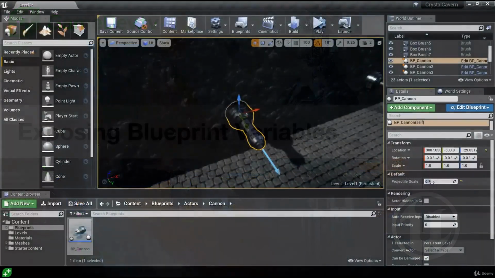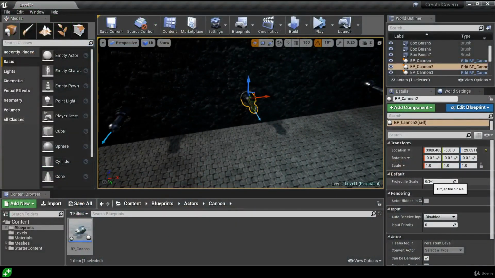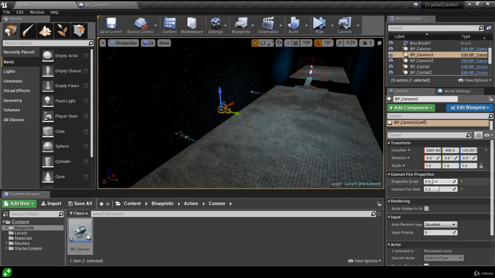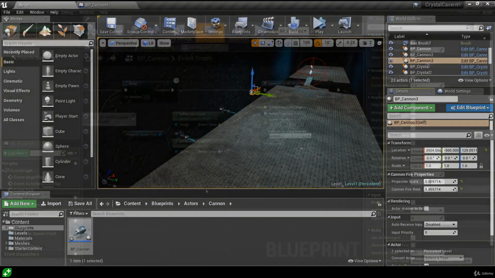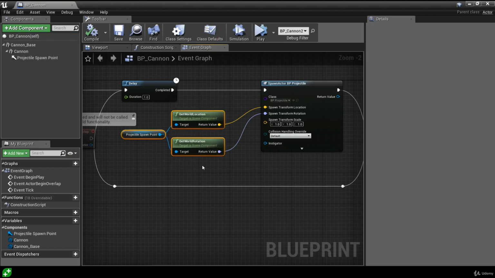Hey, and welcome to this lesson, which is all about exposing blueprint variables. By the end of this lesson, you will have learnt how to organize your variables better and also expose them directly to an actor's details panel when you select them in your level. Okay, so inside our cannon actor, we're spawning our projectiles every second at our projectile spawn point. We're going to take a look at a way we can easily control the scale of the projectiles that are